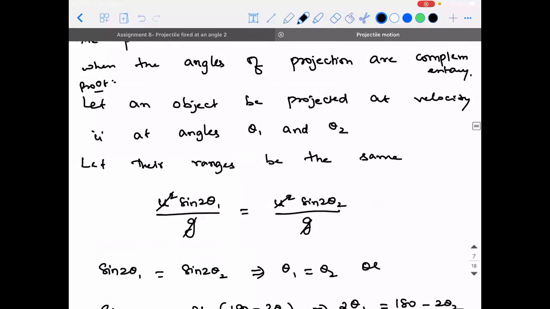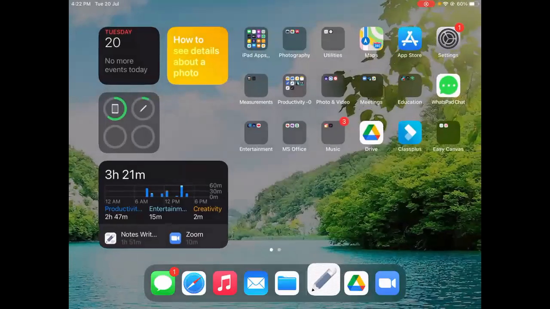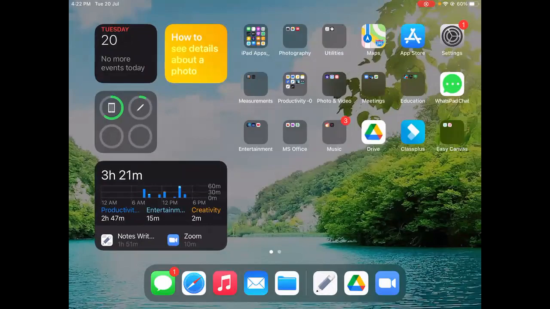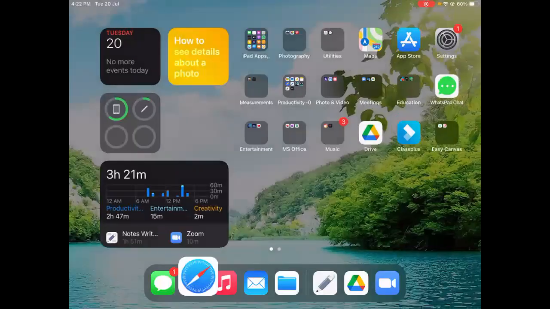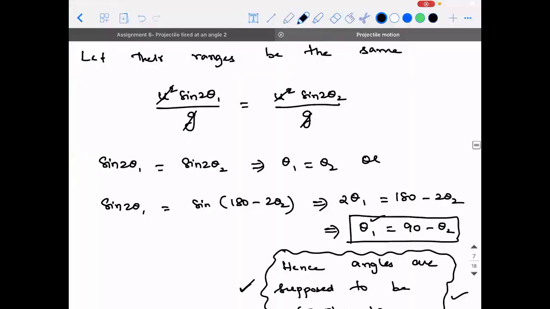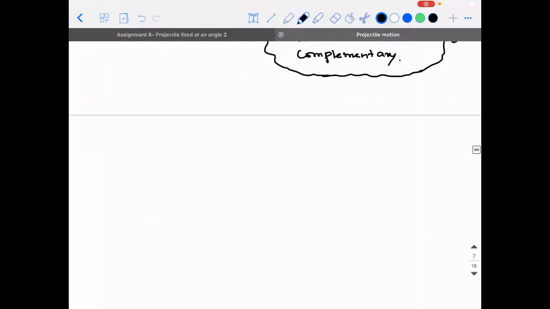Next. But what is the thing that is changing, guys? Did you observe one thing? There is something that is changing. Though the range is the same, the maximum height will change and the time of flight will also change. Those two are different quantities, but this value is still going to be the same. Range is going to be the same. Clear? Shall I proceed?